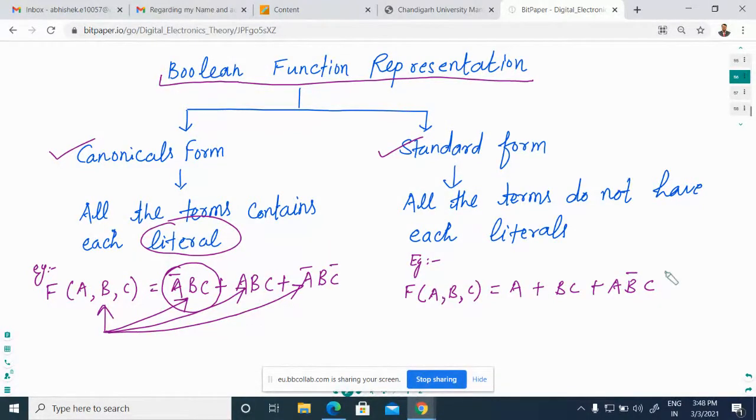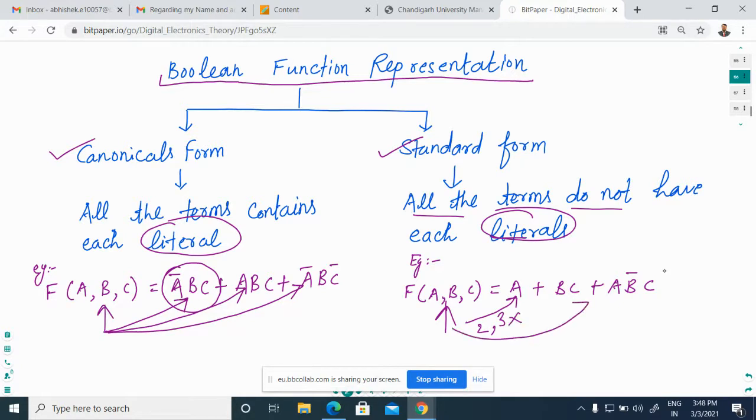What is the standard form? Standard form means all the terms do not have each literal. These literals mean the variable names. We have the three variables A, B, and C. As you can see, in the first product of the sum, only the first variable is present, and the second and third variables are missing.